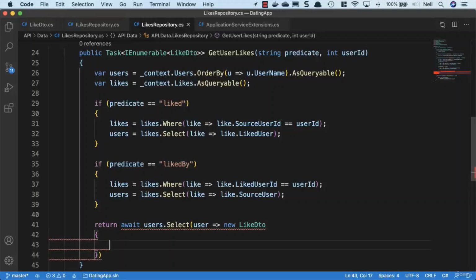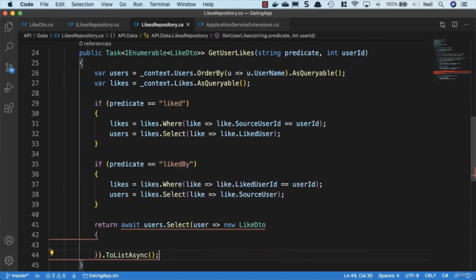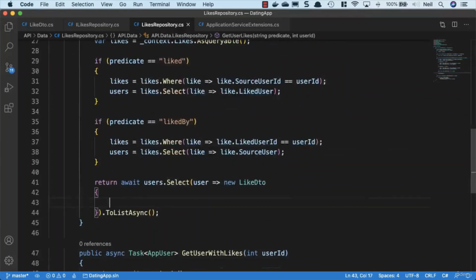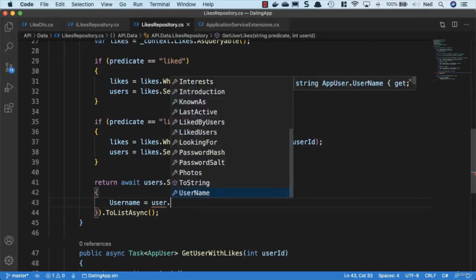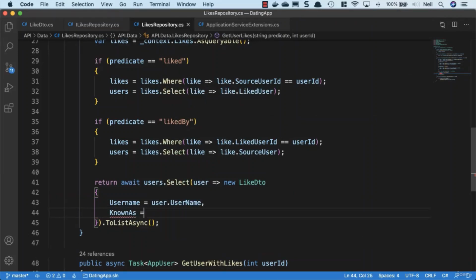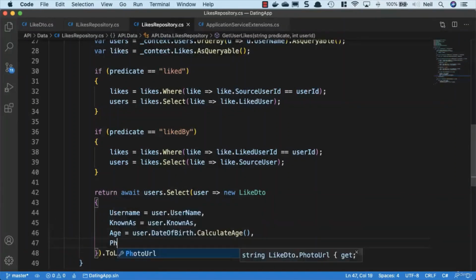And inside here, what we're going to do is, first of all, get rid of the annoying errors, and I'm just going to execute the toList async down here, which should get rid of the errors, but I need to add async to this as well, and the errors go away. Now we've got a cleaner workspace to add the properties. So what I'll say is username equals user.username, and then known as equals user.known as, and then we'll specify the age, and we'll set this equal to user.date of birth, and then we'll use the calculate age extension method we created earlier on. So we'll need to bring in using API extensions,